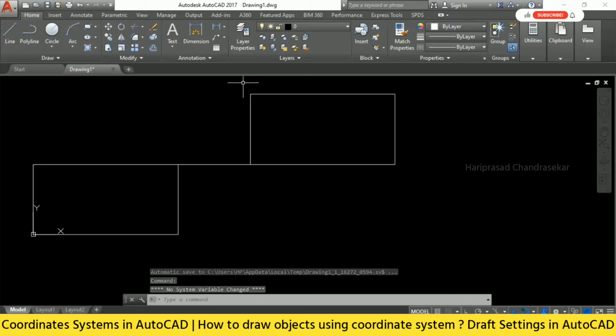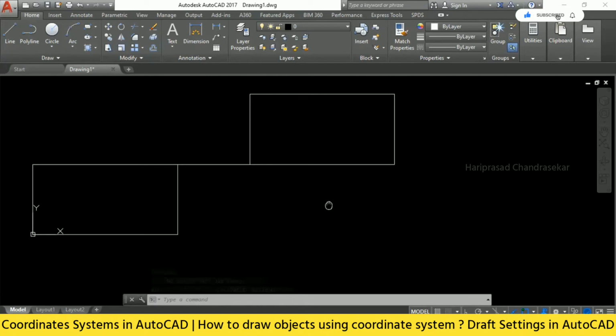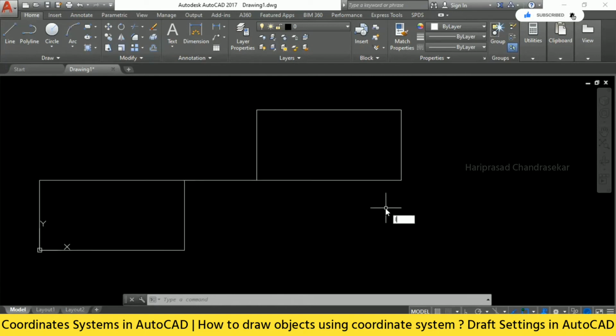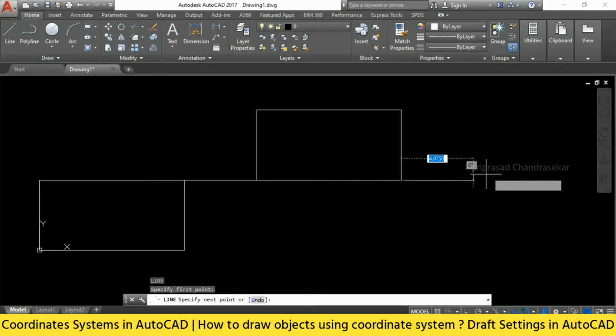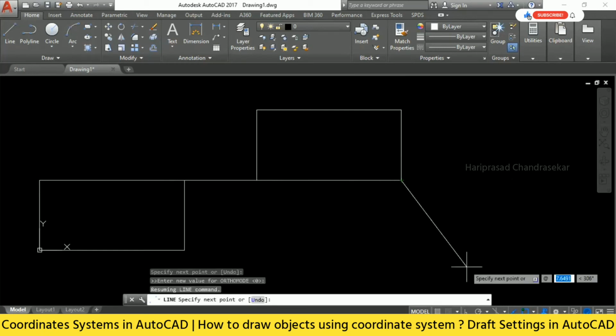See, now we have also drawn another rectangle using a relative rectangular coordinate system. Okay, now we will see the relative polar coordinate system. For example, I will click this point. I want another rectangle in this direction. So what I can do, I can put @. I am putting 10 distance less than angle, so that angle is 0 degree.